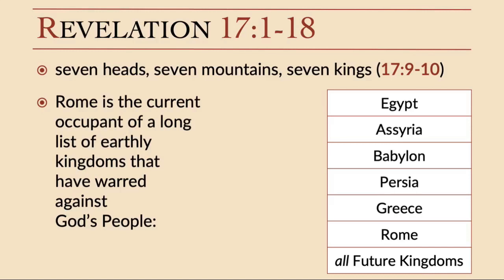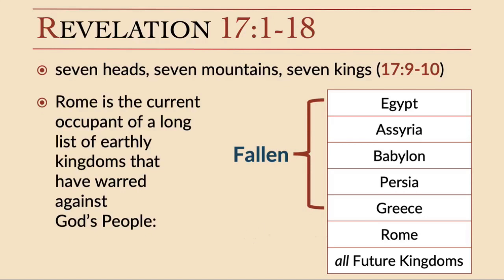And since there are so many references to the book of Exodus here in the book of Revelation, we talk about all those plagues that are going on, it is not at all a far stretch to start our list here with Egypt. So we have Egypt. Following Egypt, we have Assyria. Following Assyria, we have Babylon. Following Babylon, we have Persia. Those are all in the biblical period. So we read about all those nations in the Old Testament. Following Persia, then there was Greece. That's in the intertestamental period. Those are 5 that have fallen.